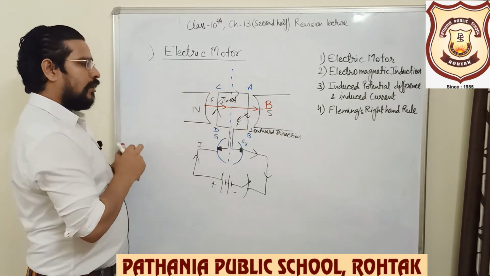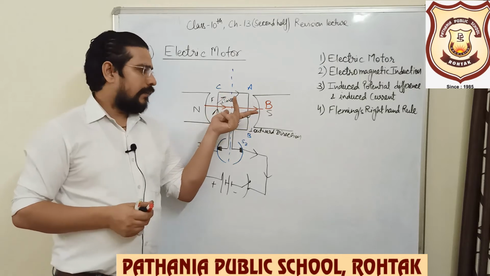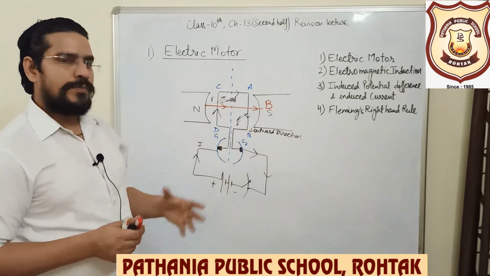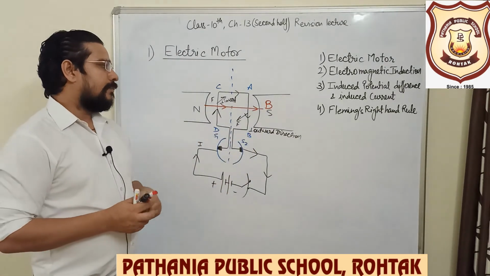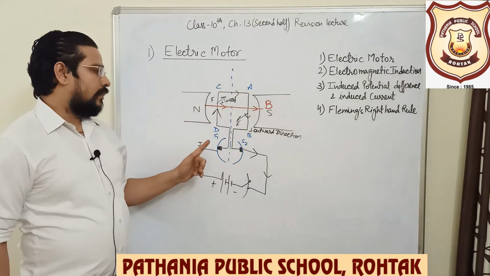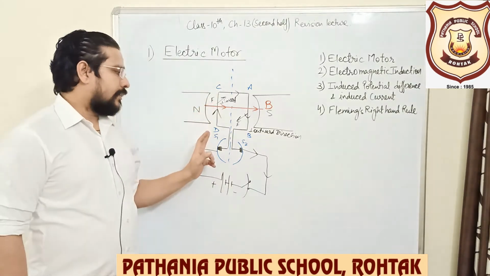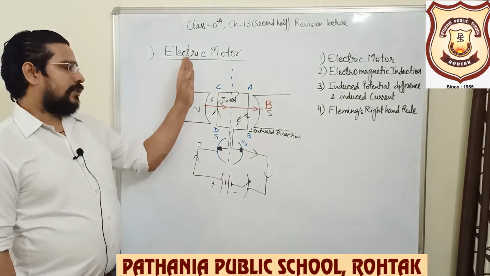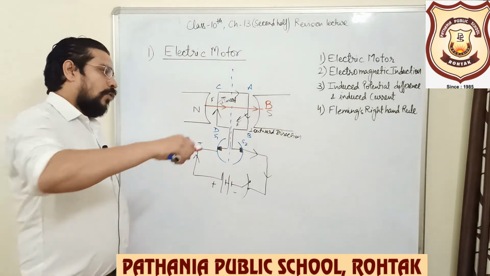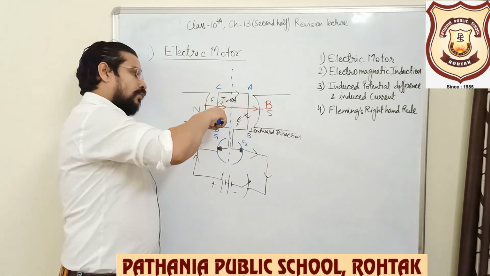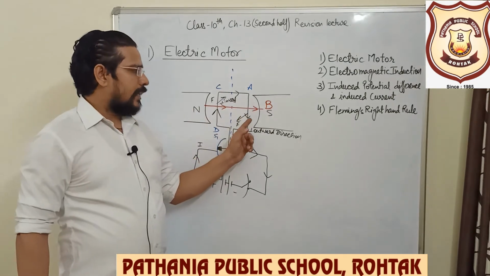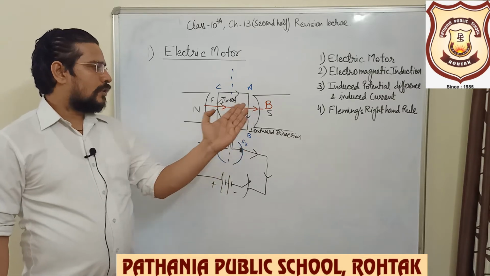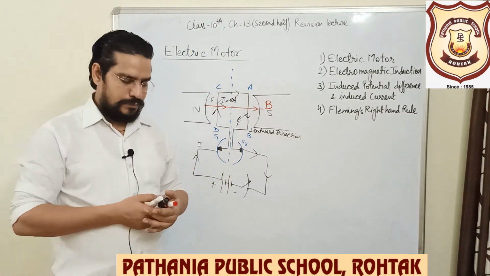According to Fleming's left hand rule, you will again find that the force on the CD conductor is in inward direction and the force on the AB conductor is in outward direction. So what you are observing in this diagram is that it doesn't matter whether the CD conductor is on the left hand side in contact with S1 or the AB conductor is on the left hand side in contact with S1. As long as current is going in upward direction, the conductor on the left hand side will always experience a force into the board, while the other conductor on the right hand side will always have current in downward direction and will experience a force perpendicular outward from the board.